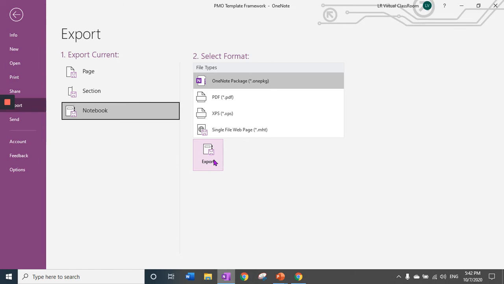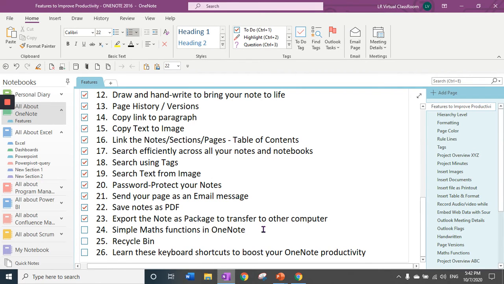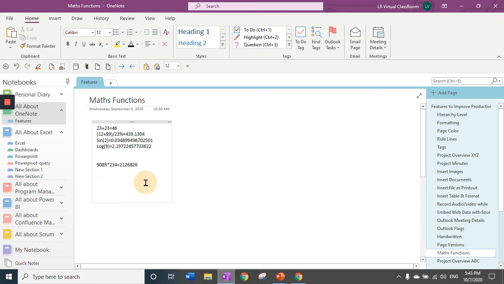The next important function is the math function. Yes, you can do some mathematical and trigonometrical functions in OneNote. Say for example, you're taking a note and you come up with a numerical addition which you have to do. The moment you press the space bar, it automatically gets calculated. You can do complex calculations as well, which include percentages or multiple brackets. With the space bar, you have your calculation.